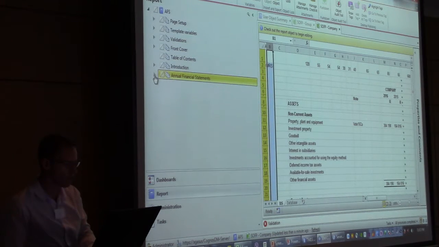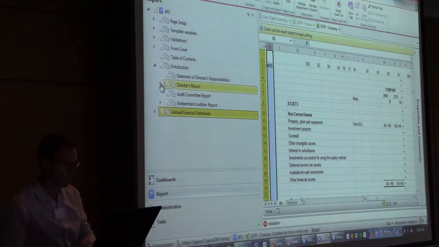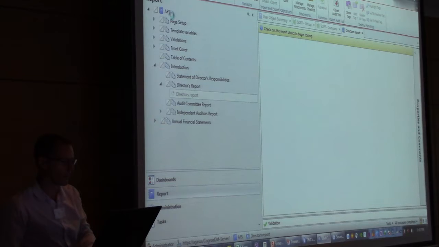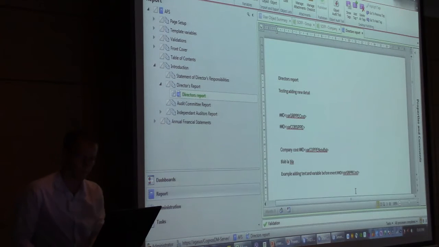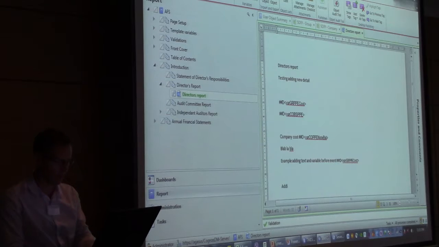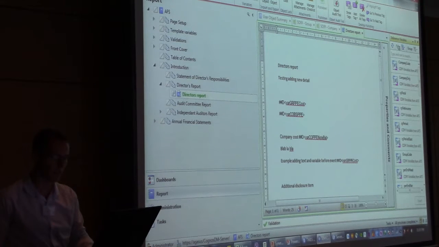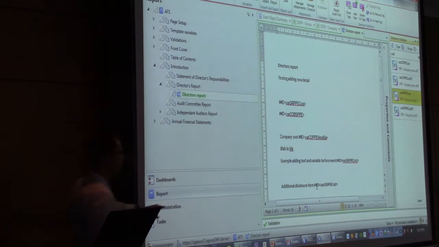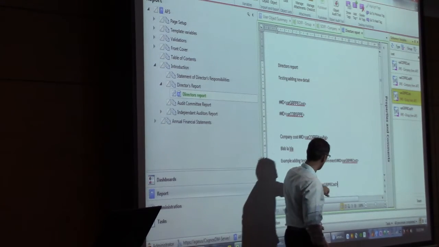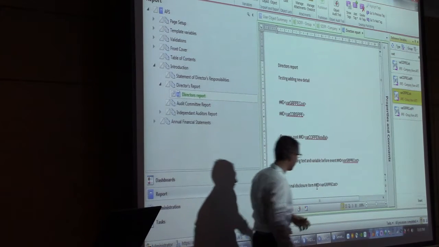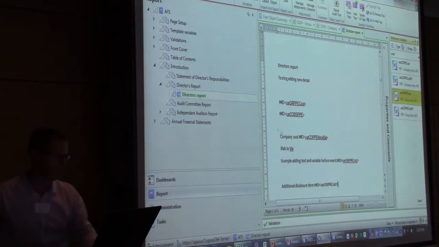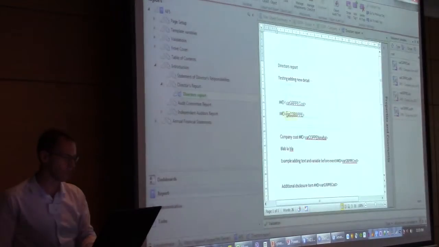If I was to go into, let's say, Director's Report, and I wanted to make a change, I could check it out. I could then go in here, additional disclosure item. I can then go and link the variable, and let me just do a search here for cost. And I could say group cost, and you'll see it does this hashtag vibe a little bit like Twitter, just telling me it's going to be putting the group PPE cost into that value. I can then sign that back in or check it back in, and once I've done that and I run the report,